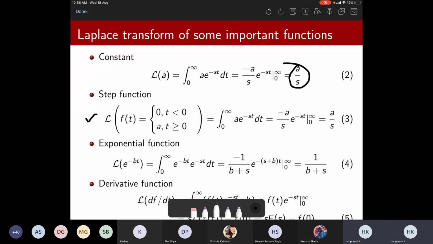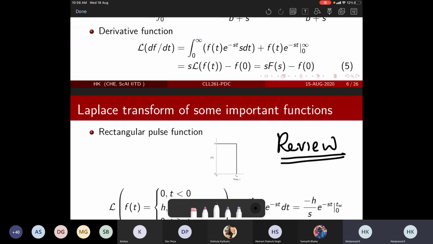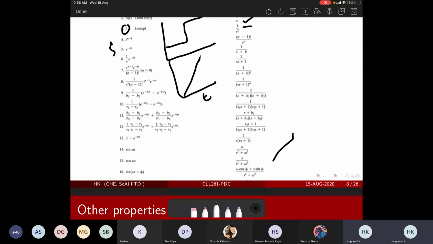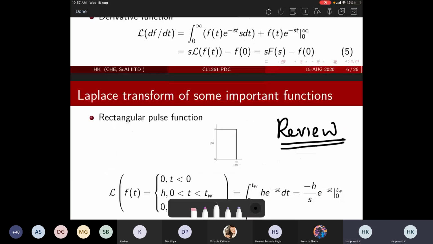So you will be able to calculate this for many standard functions that you would need. It could be a step function, it could be exponential functions, as you would really see, sine function, cosine function, and so on and so forth. There are many standard options available. And somebody has very nicely done it for you. You only need to use them. It's like a logarithm table, right? The logarithm table gives you the values. You don't have to calculate the logarithm. You only have to use the table. Similarly,